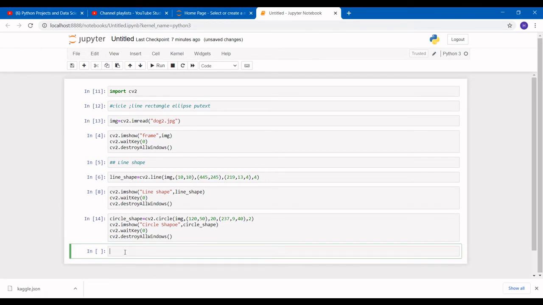Now we can have different types of shapes also, like rectangle. For the rectangle shape we can use cv2.rectangle. In a rectangle we can have different parameters like image, point 1, point 2, and our color. So for the image we are giving our similar image, and for point 1 we can give 10 comma 10, point 2 we can give our